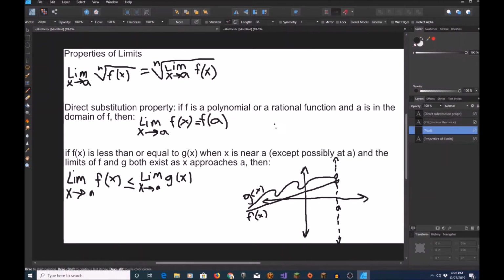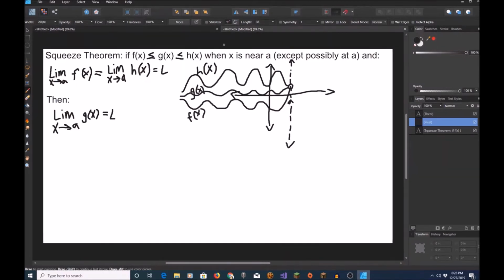And I drew this graph here to kind of help illustrate it. So I have this a value, which I've marked off with an asymptote, and I have this g of x, which is this crazy wavy function. And you can see that at all points on the graph it's greater than f of x. So because of this, as the two functions approach the same a value, the limit of f of x as x approaches a is going to be less than or equal to the limit as x approaches a of g of x. And this property kind of paves the way for the next property